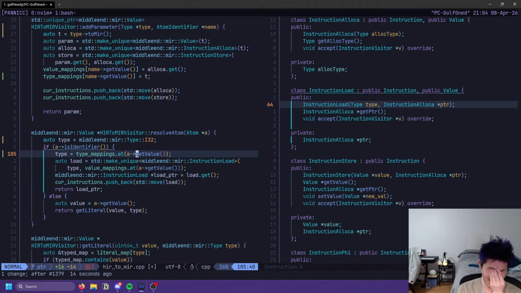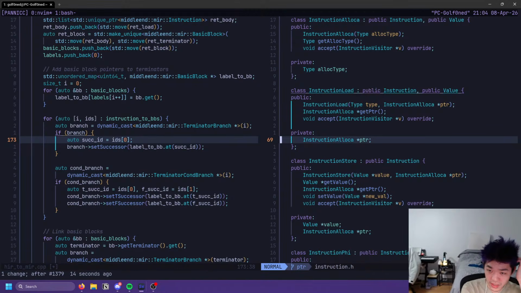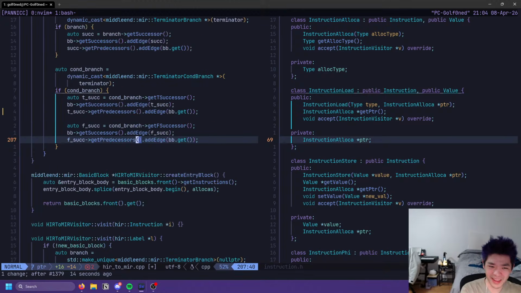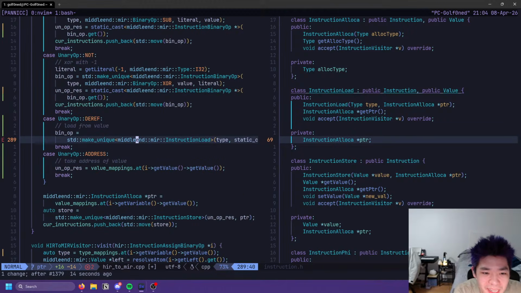Why does this have to be an allocate? Can we just static cast it to allocate and hope it goes well? Is that something we can do?